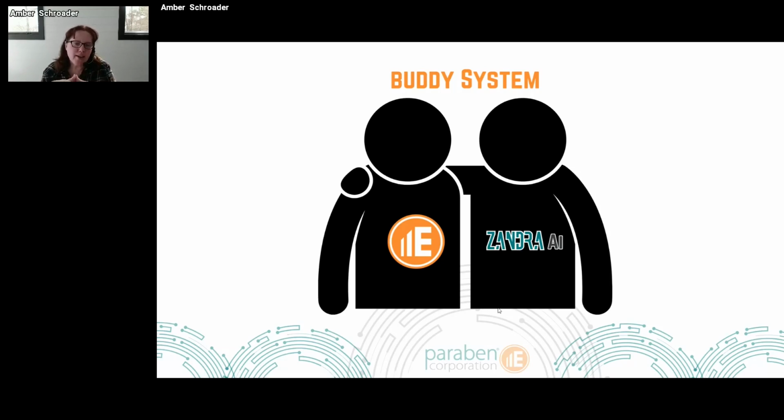So I never close out a case without having another person look at it to make sure I just didn't miss something, or maybe they're more familiar with something than I am. My tool does a lot for me, but we still need our humans behind the keyboard, behind the mouse, to make sure that they're really telling our engines, our tools, our analytic capabilities, to really get in there and say, this is the data I'm looking for.